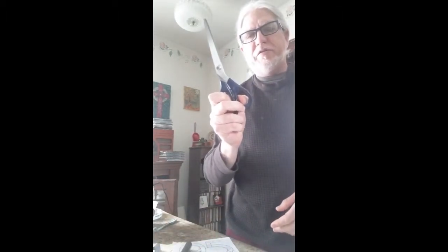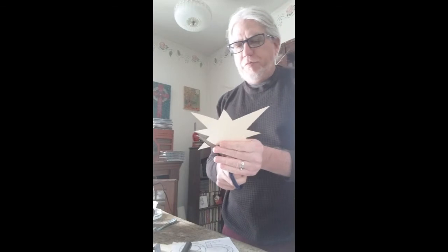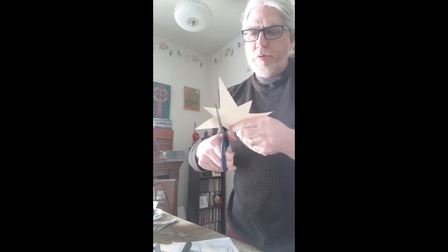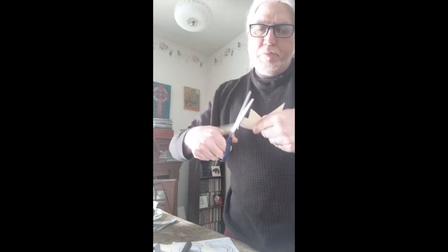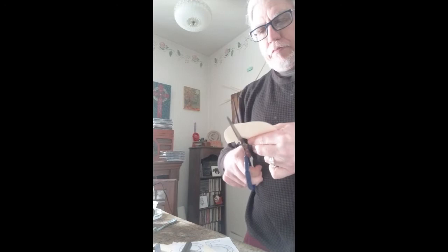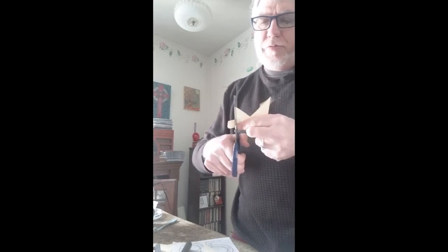Then I need this scissors. And what I do with this scissors is now I'm going to cut it up into individual pieces. And hopefully you'll see what happens as I'm cutting along. The scissors is set up that it has that groove there, and as I cut, it peels away the pencil line. That pencil line needs to be gone because when I get to the point of foiling the glass, which you will see,